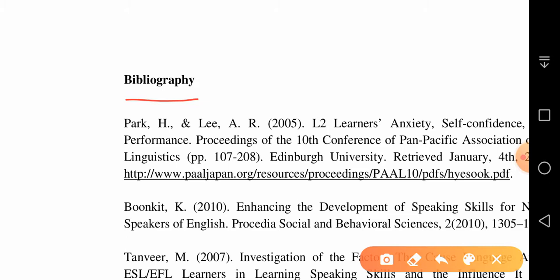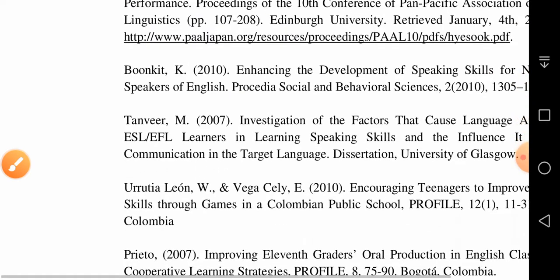Anyhow, bibliography and references at BS level, you can treat them equally, like you can say that they are synonyms, they are synonymously used. But at advanced level they are different terms. So bibliography means some of the research works which you mentioned maybe in the introduction section or in the literature review section. So in literature review, you just mention the name of the author and the year of the publication of the work. That is known as short citation, and this is a detailed citation, okay, detailed reference.